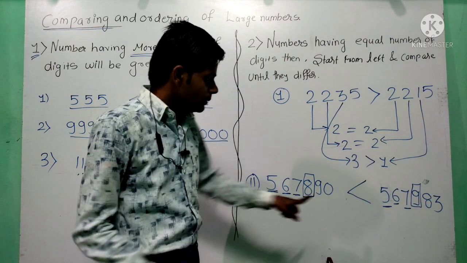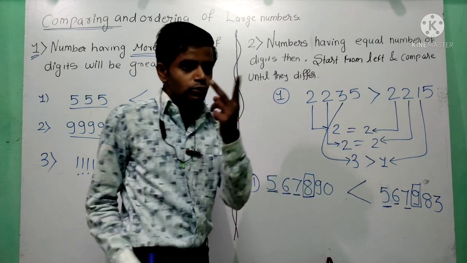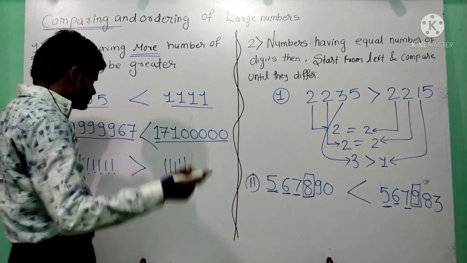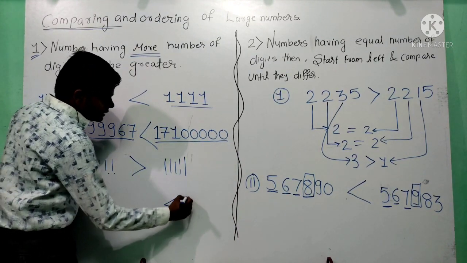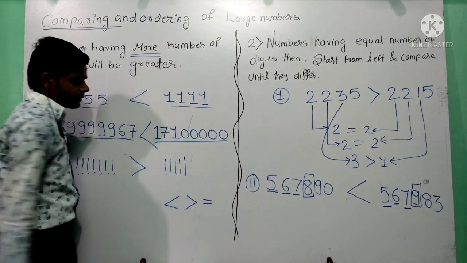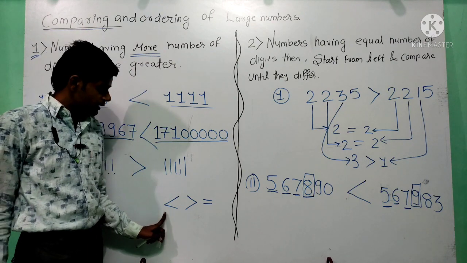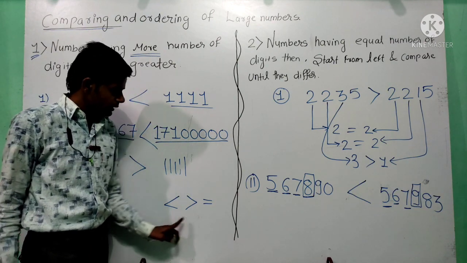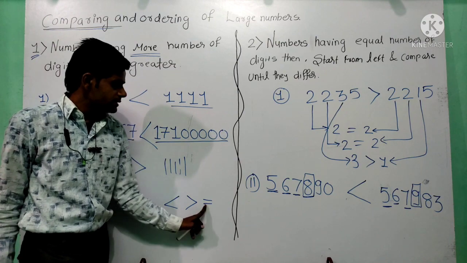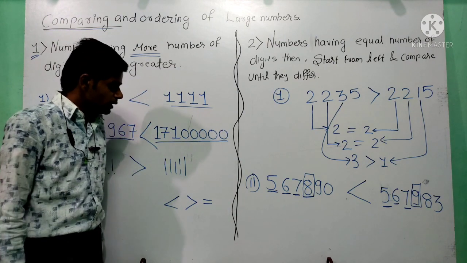Now listen carefully one thing. This symbol, we have the two. Yes, हमारे पास 3 symbols है. Yes, this is first, this is second, and this is थर्ड कौन सा सिंबल है ये? It is less than, it is greater than, it is equal to. That means both the values, both the numbers